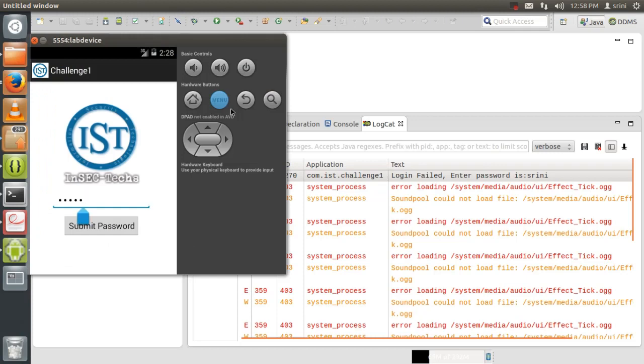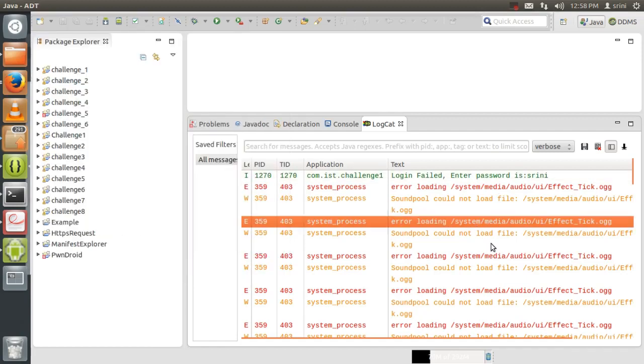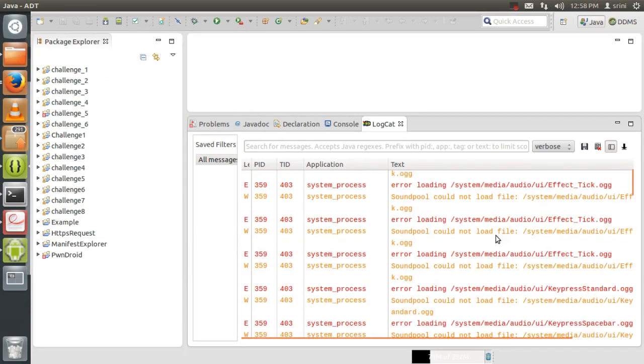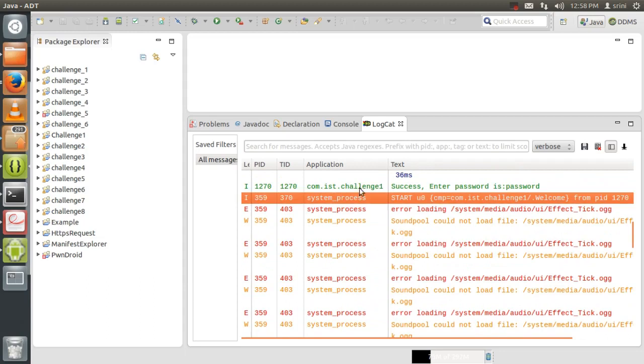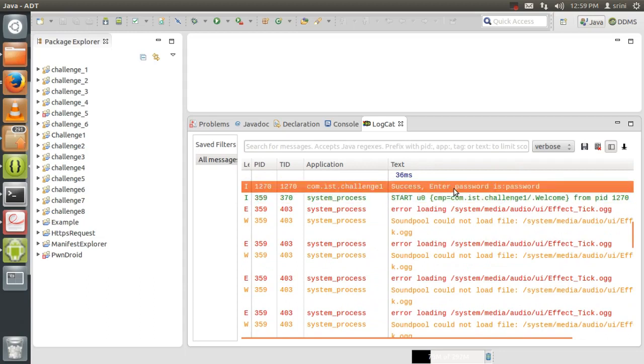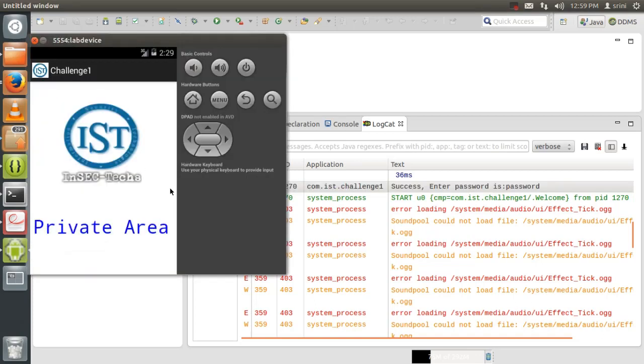Now let me enter something where I can log in perfectly. The actual password is password. You can give it a try, and you can see you're now able to log in. And if you scroll down, it says success, entered password is password. So that's dangerous. Whatever data is entered into this password field is getting sent